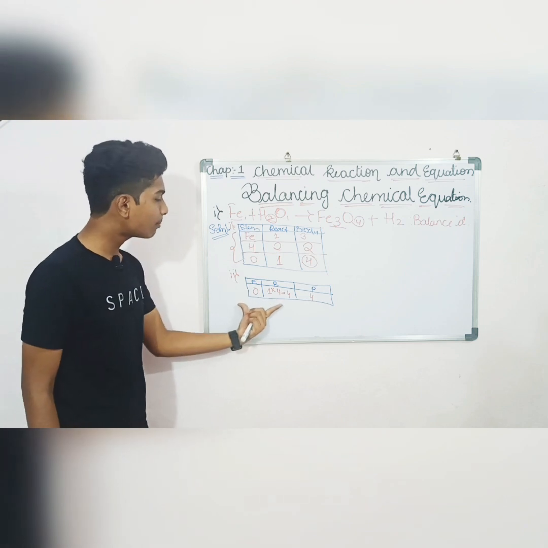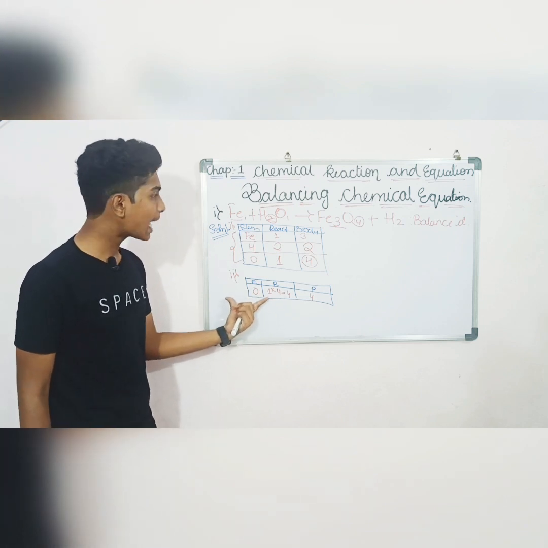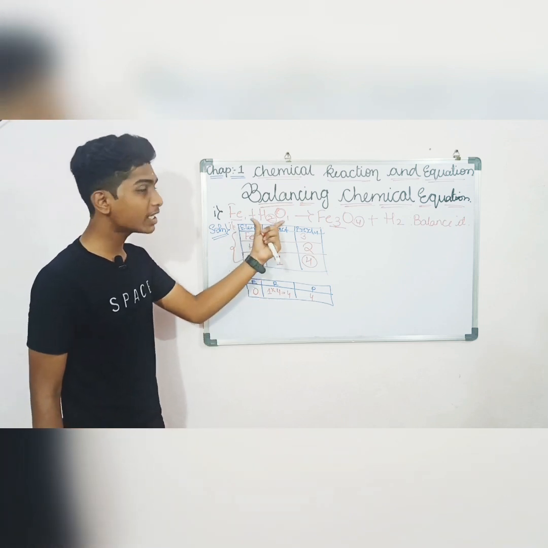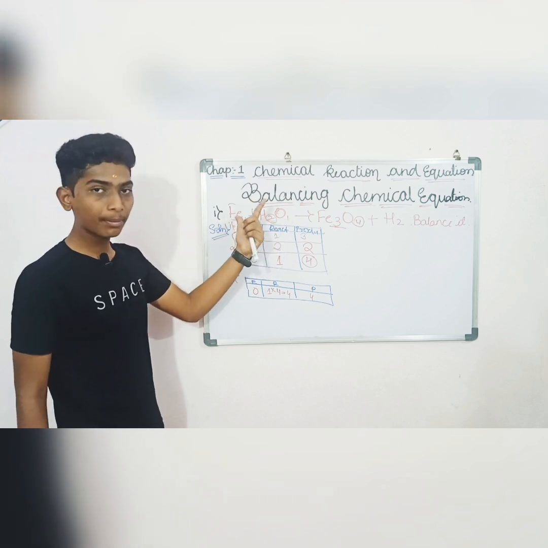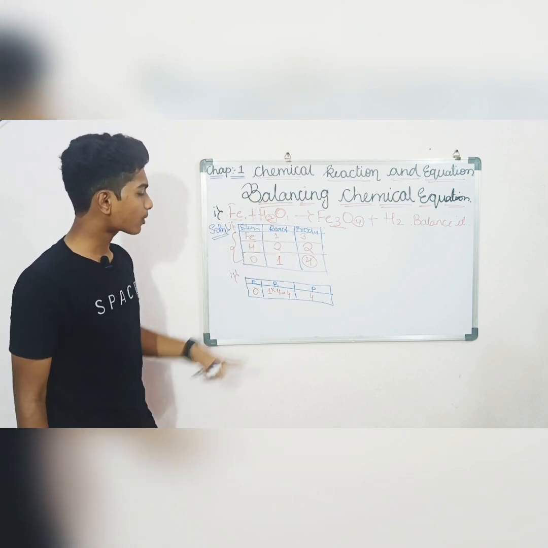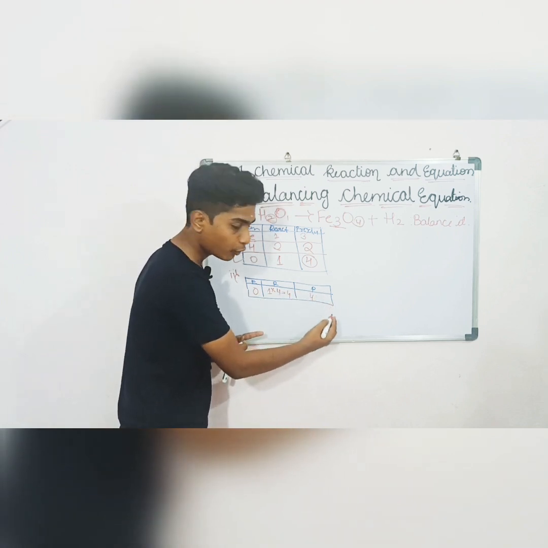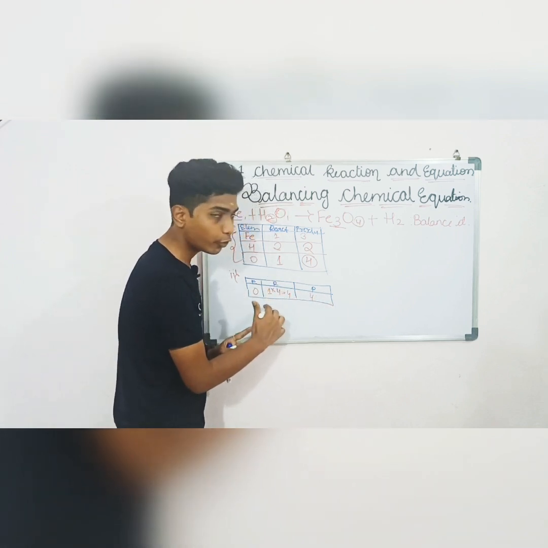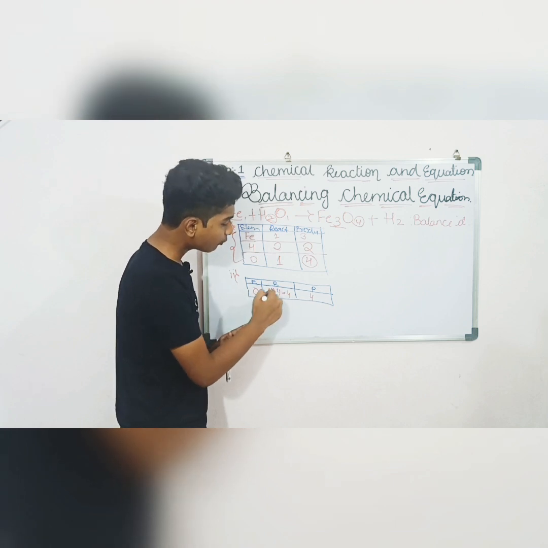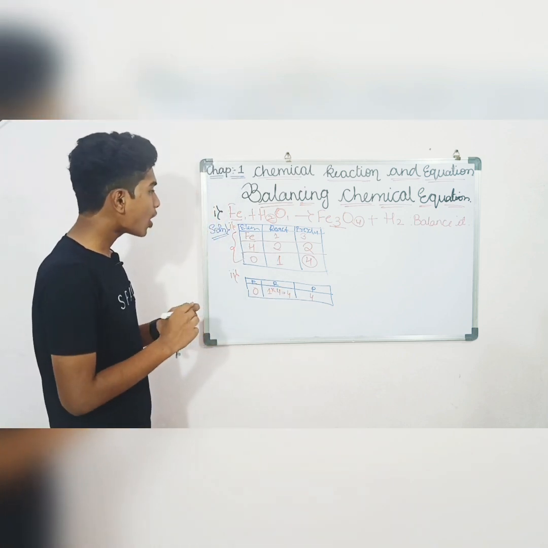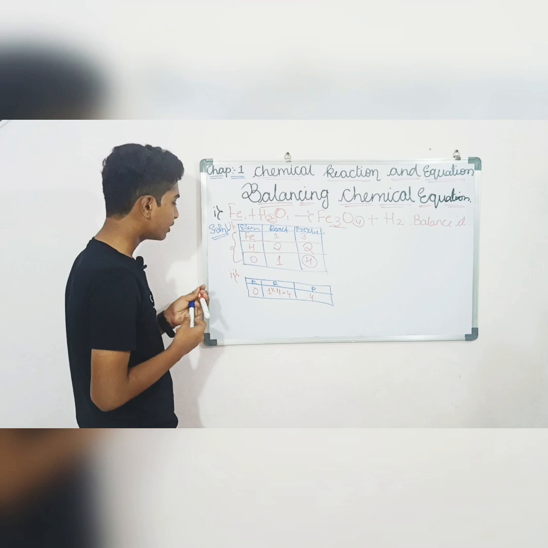So when you multiply 4 to the reactant side, where is oxygen in the reactant side? You need to add 4 outside the box. See, when you multiply, the product side is 4, we need to make this reactant side also 4. 1 is there, so multiply with 4, it will become 4. Now oxygen is balanced. Now how to write this?